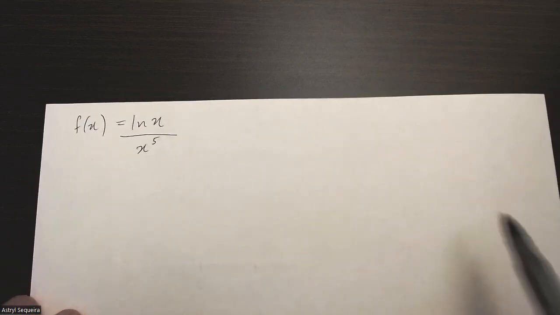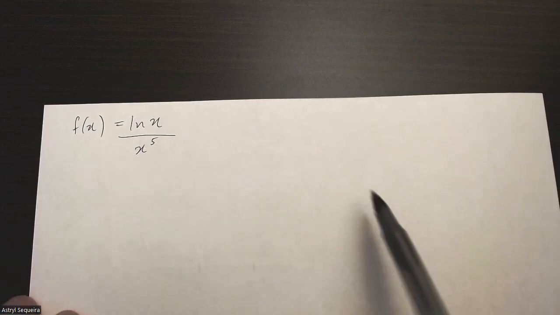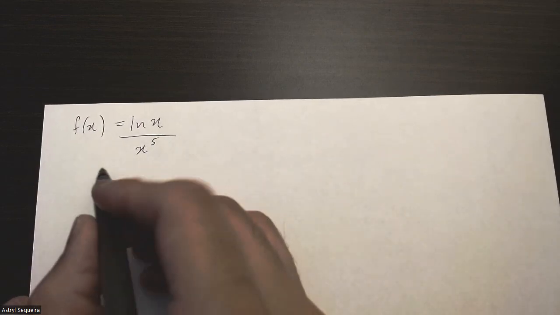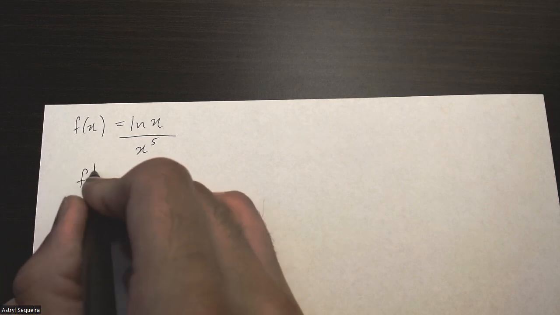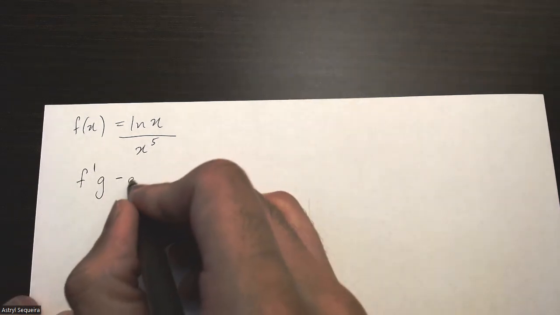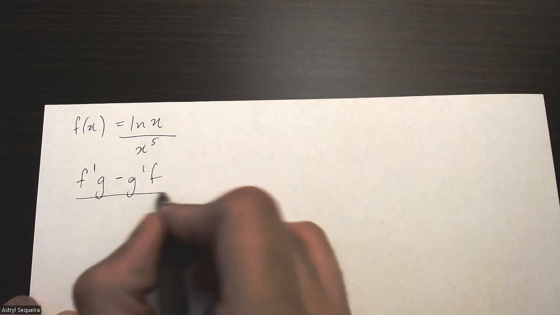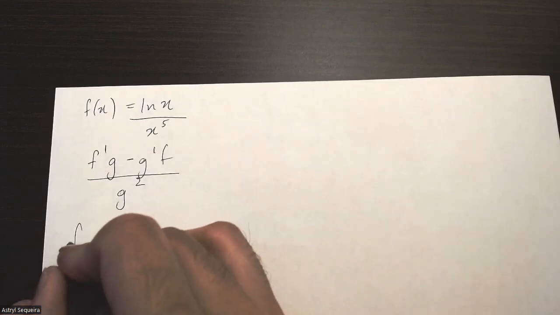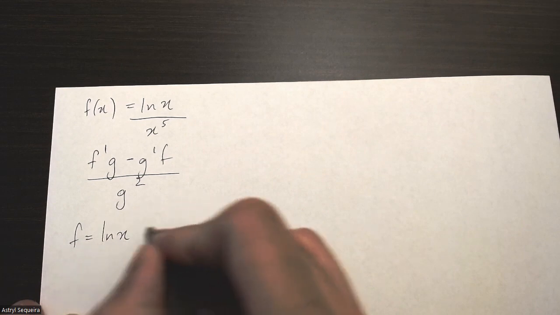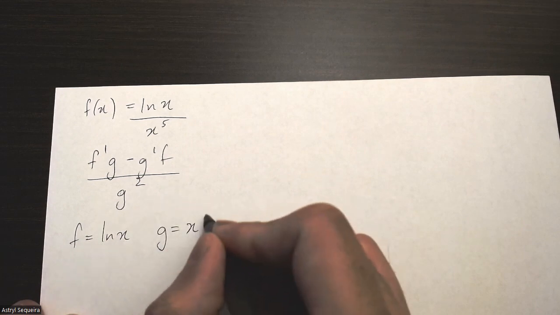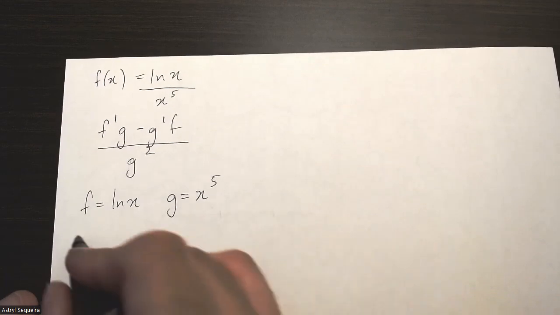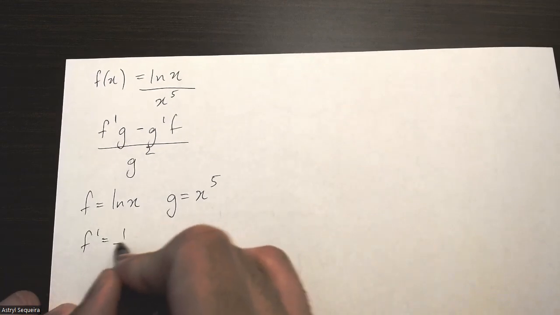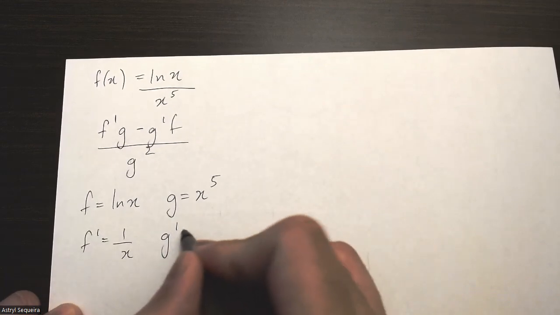Let's try the second example over here. Same idea, except this is a quotient rule question. Quotient rule is f prime g minus g prime f divided by g squared. So f is just the function on the top, which is ln x. g is just the function on the bottom, which is x to the 5. f prime is just 1 over x. g prime is just